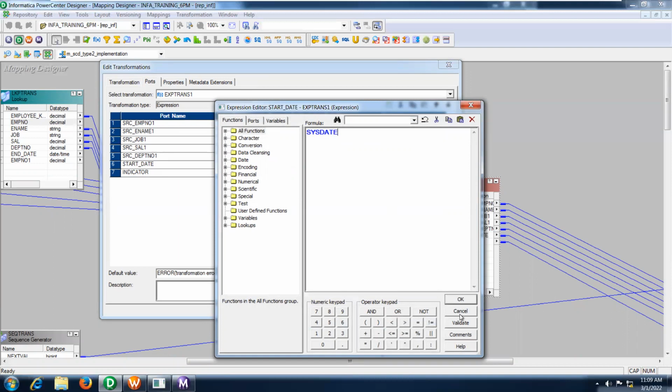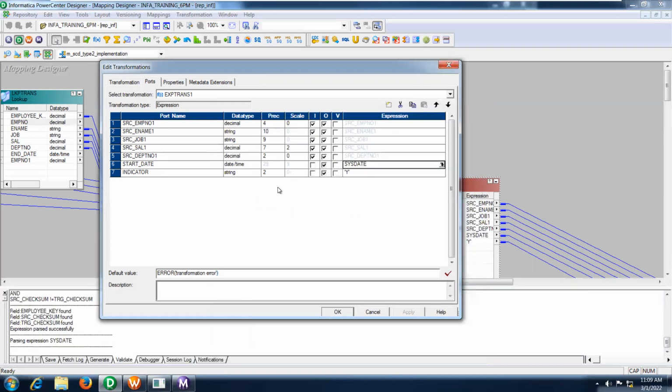It will take the system date automatically. And this is the indicator. For all new records and the records which are coming from the update, they are going to be inserted into your target table with the system date, and the flag is Y. That is the reason I have taken one expression transformation. The rest of the columns will go as they are.